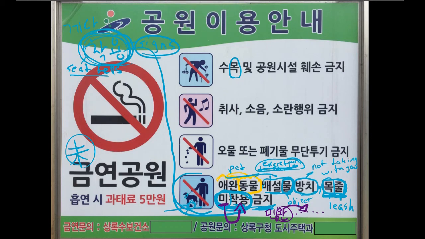But here, this is not wearing whatever this thing is. And if we look at this whole sentence, this is pet, their poo, neglection, and comma, leash, not wearing, don't do any of that stuff. So in English, we would change the order. Don't have your pet, again, the pet's here, don't have your pet not have a leash, and make sure you pick up their poo, is what this is saying.